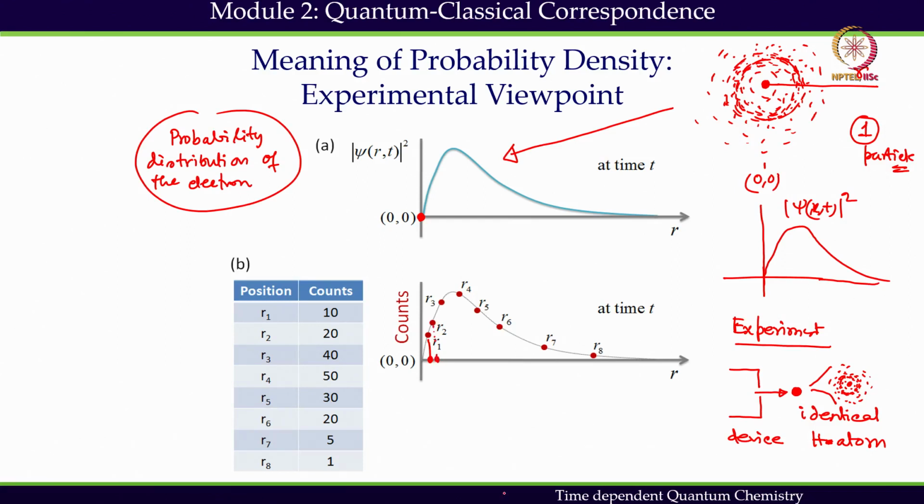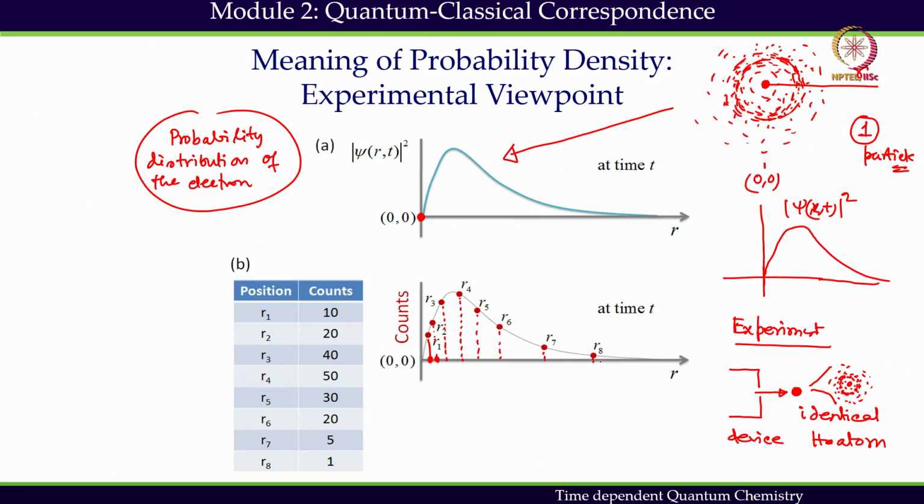In the third experiment I have found R3. R3 does not need to be here, R3 can also be here, it is just an example. It does not matter where R3 is, but I may get one R3 position. In another experiment I have got the R4 position and so on. In this way I will